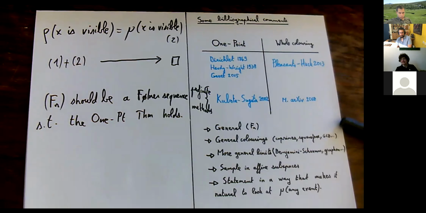So it seems that if you can do the GCD with any coloring, it's true for certain statements, but for some finer statements, the results cannot be deduced from one another. I don't get into these details. I can also deal with more general limits. So there is this limit process we have seen today, which is some form of Benjamini-Schramm limit, we could say. I can also get a graphon limit, which concretely means the following.